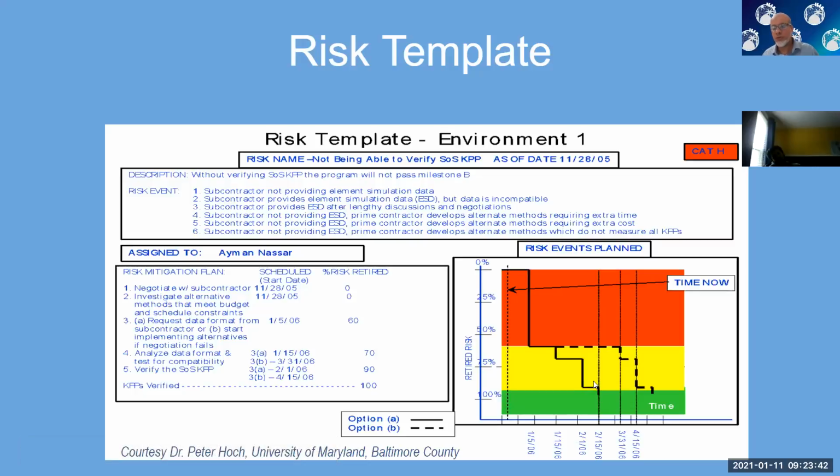So this is a very powerful tool to track your risk mitigation over time during your project. After you identify it, you prioritize it, and it's red. How do you take it down to the green? Through a mitigation plan, and you track that plan to ensure that it actually got to that point. All right, so that's risk management.